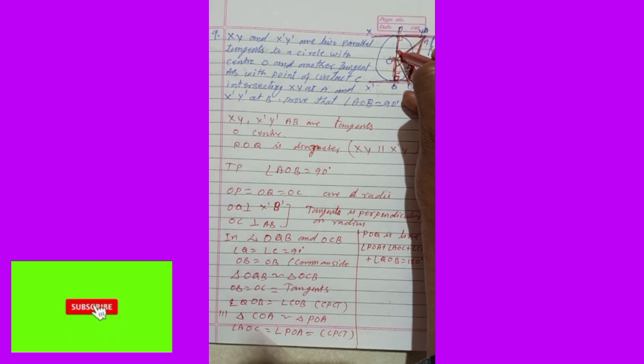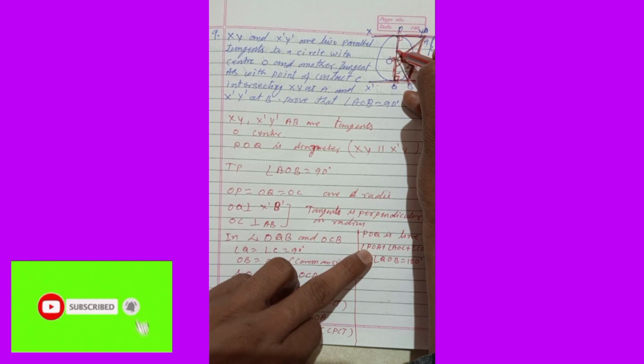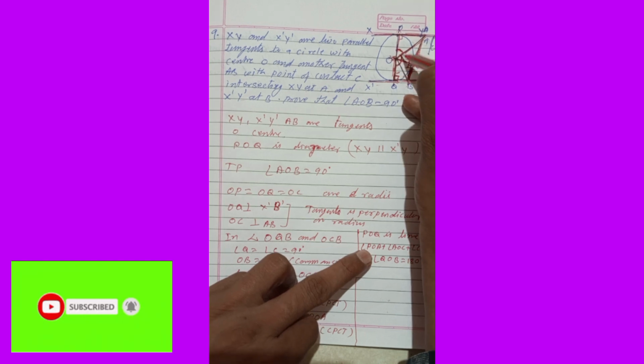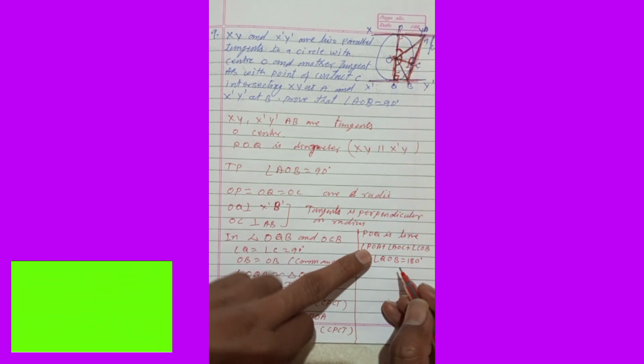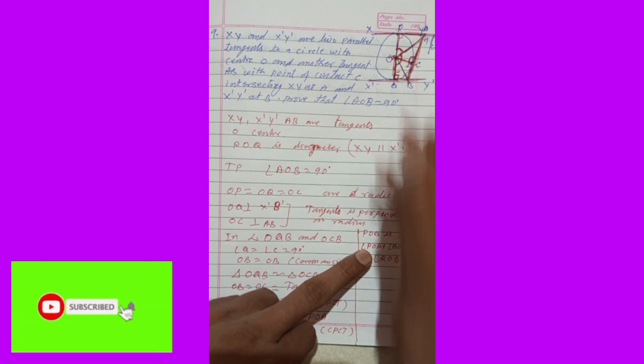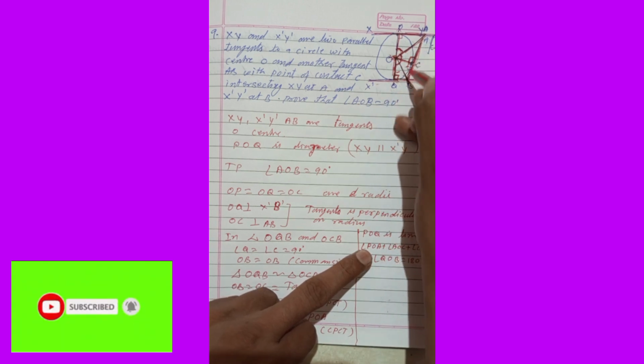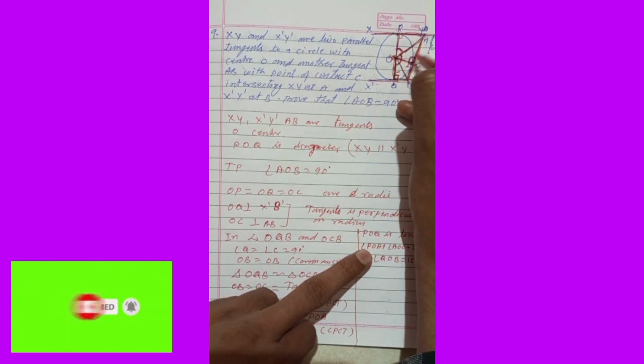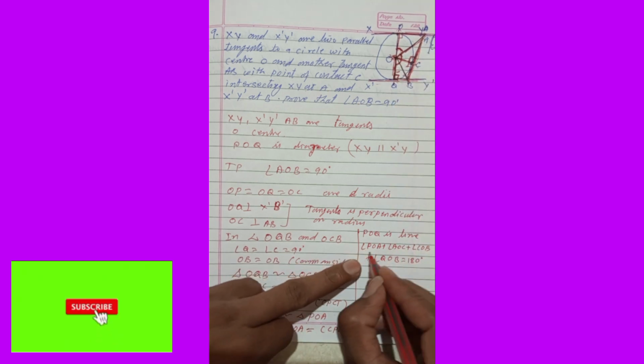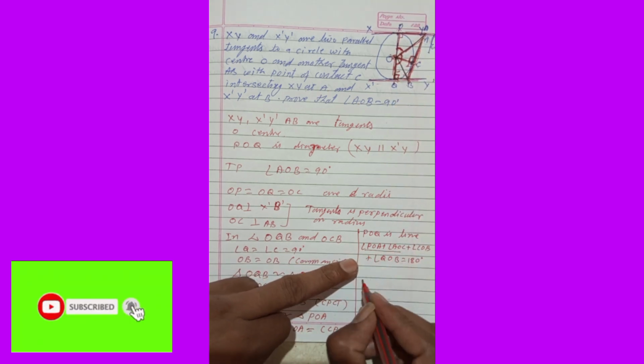This angle is written POA. Angle AOC and this angle are equal, so I can write only one angle in that. So I can write two angle AOC, adding this and this. Then I can write two angle AOC